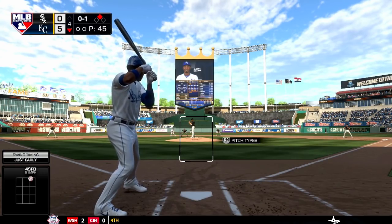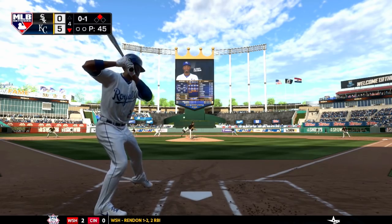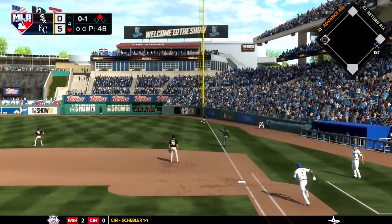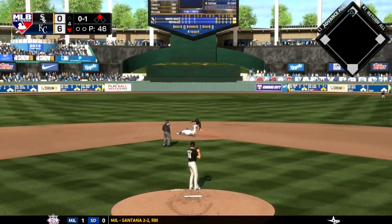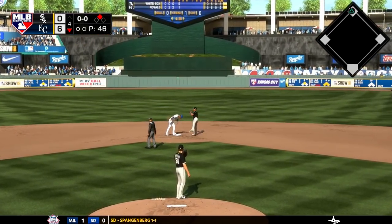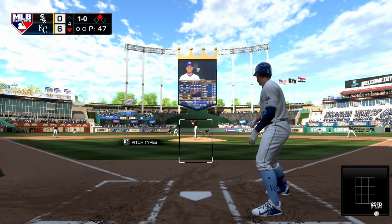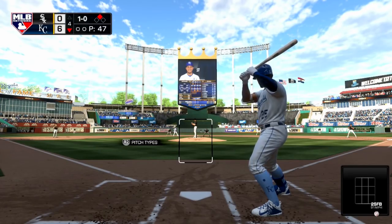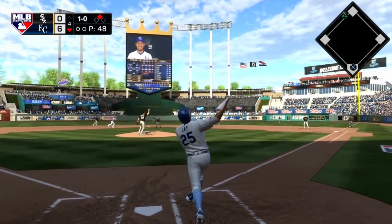And now they're down to the bottom half, or the bottom place in the order, I should say, as Alcides Escobar digs in and is going to take this one opposite way for the 0-1 count. Cuthbert rounding third, heading home. Escobar heading into second base, slides, and he avoids the tag. 3 straight doubles for the Kansas City Royals, and it's a 6-0 lead for KC as Cuthbert scores on Escobar's RBI double. And now they're back to the top half of the order with John Jay, as he swings at